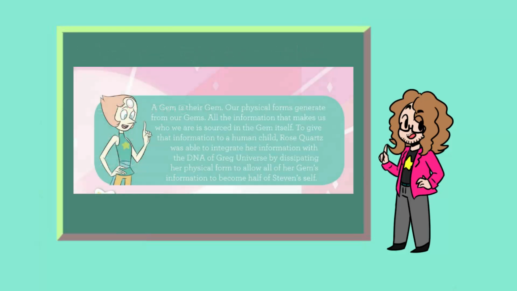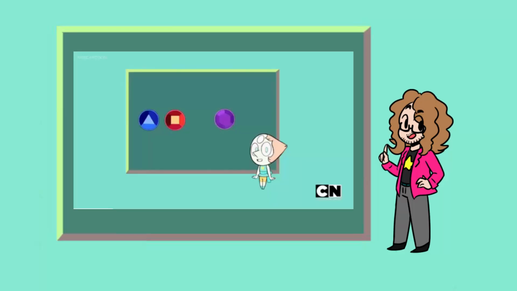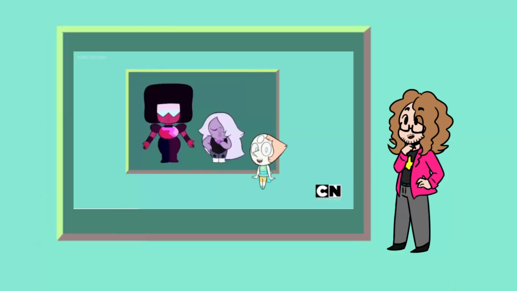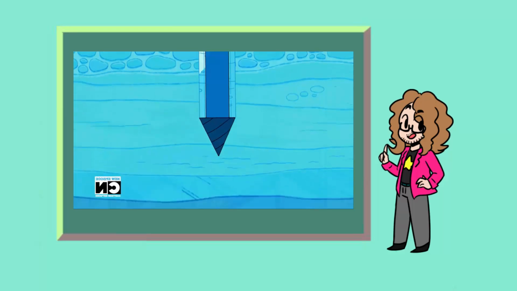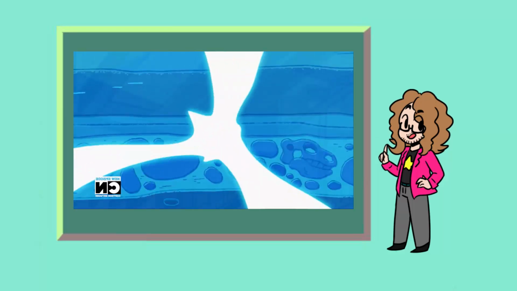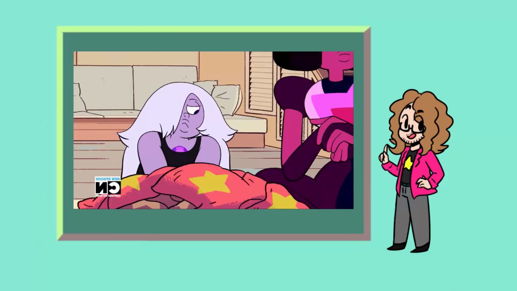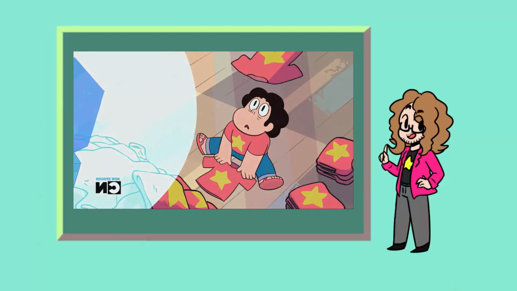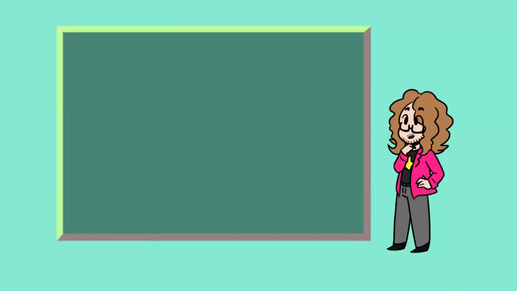We know for a fact that the gemstone is the gem, that it's the only part of them that's actually them, that it's the only part of them that actually physically exists, at least all the time. It is, you could say, the core of their being. We know that a gem's gemstone is created by injecting something into the surface of host planets so that that something can absorb surrounding materials to create the gemstone itself. It's never specifically said anywhere, but we know for a fact that that something is a liquid.